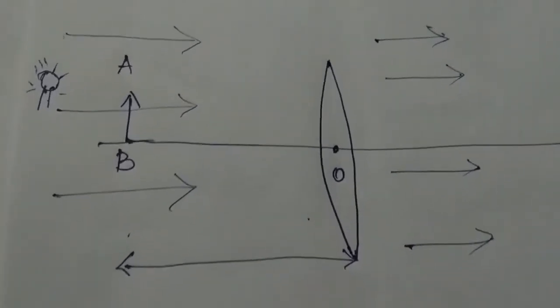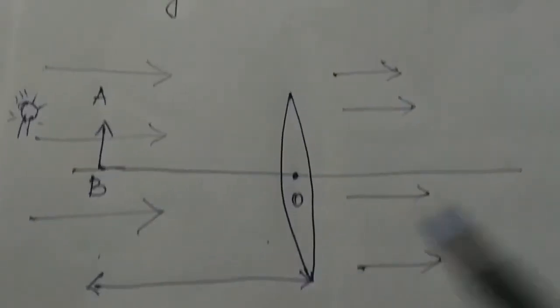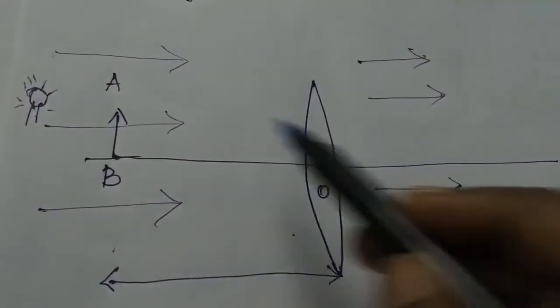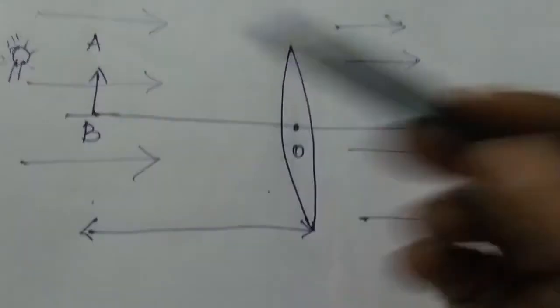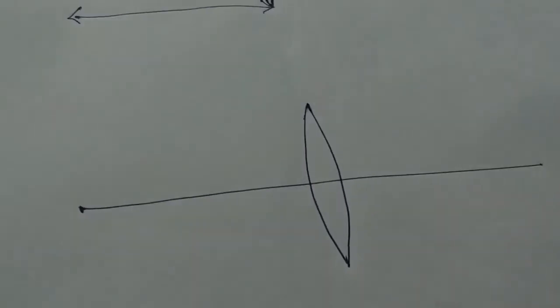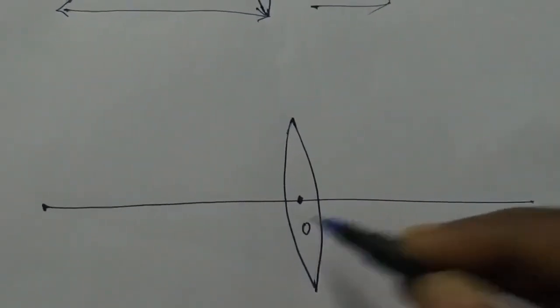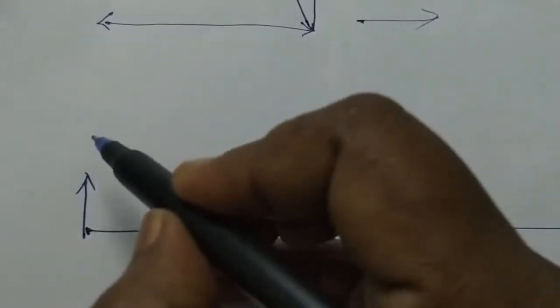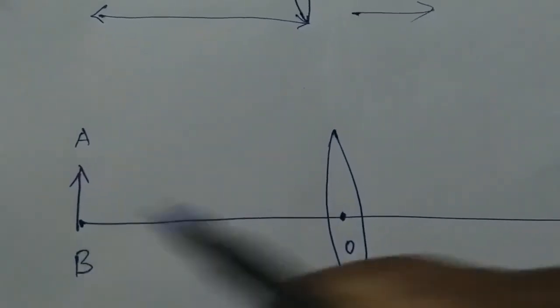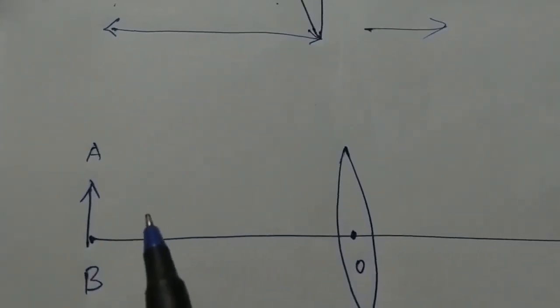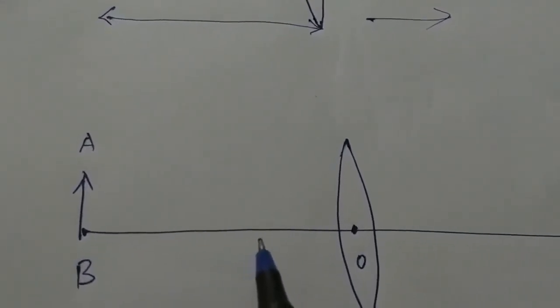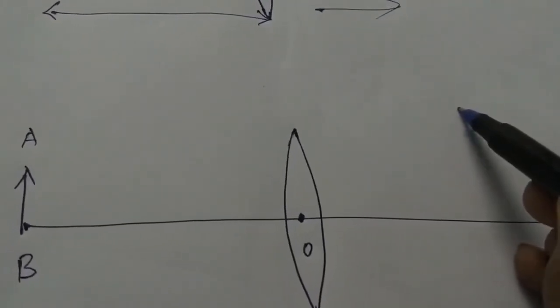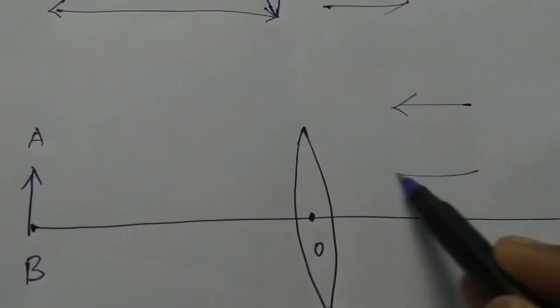And then the distance measured against, so against is nothing but opposite to that of incident light rays. So consider here a convex lens, principal axis, optic center O, and this is the object. The object is always placed to the left side of the lens, AB. And then the fourth point, the distance measured against the direction of incident light rays, so opposite to that of incident light rays,